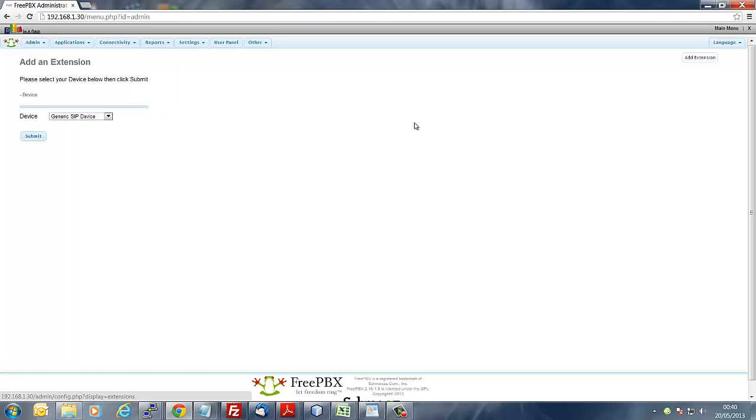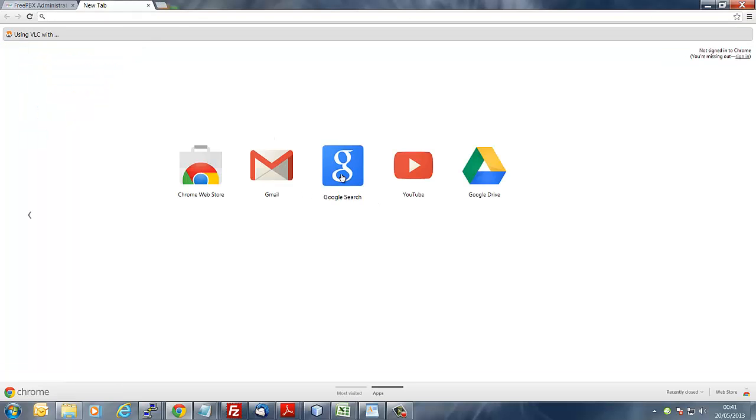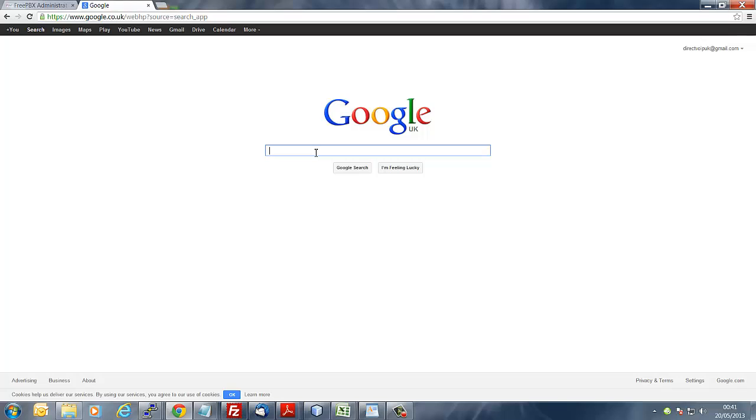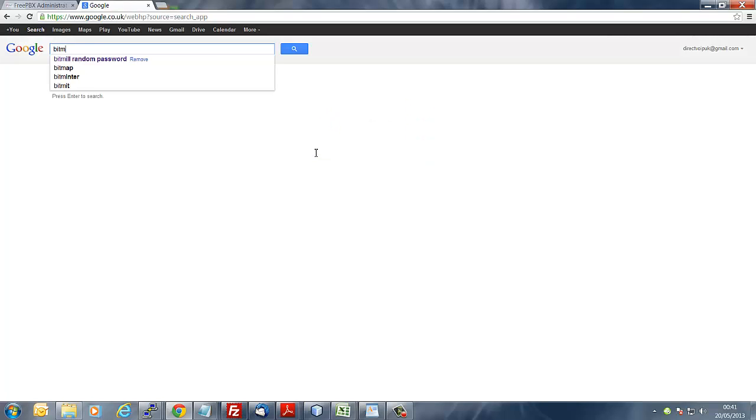With the box we're installing here, it shouldn't really be too much of a problem because we're not exposing it to the internet. But you may do later for remote extensions. So from the outset, make sure your passwords are secure. And for that, what I find is that it's actually more of a pain trying to choose a random password, so I use the bitmill random password generator,